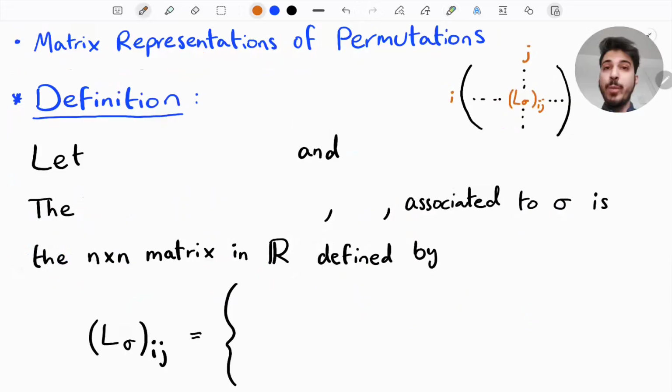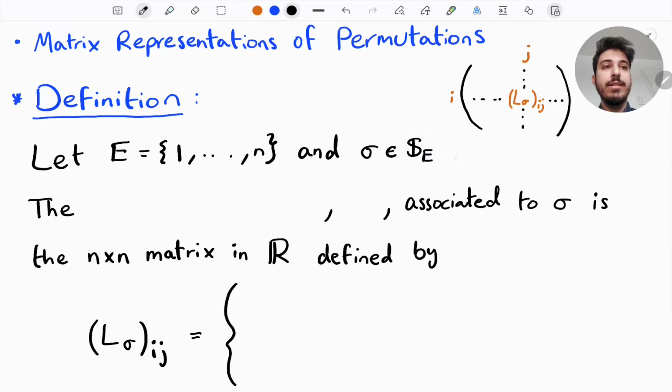Let's get started. We immediately start with the definition of the matrix representation of a permutation. Let E be the set containing 1 through n, and sigma be a permutation lying in S_E, which is commonly known as S_n. The permutation matrix L_sigma, associated to sigma, is the n by n matrix in R defined by,